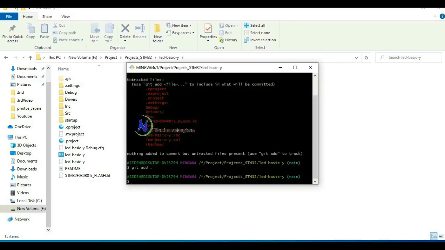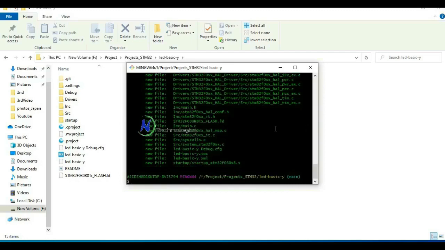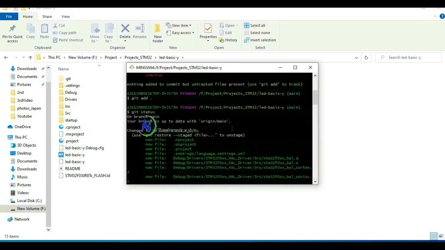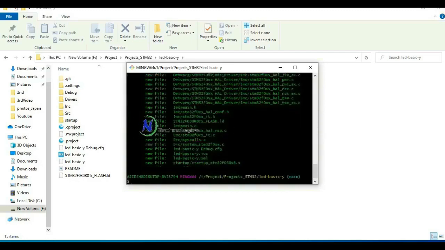Okay, so our files are added to the main branch, so we can see the status again. Now these are all in green color. That means we added these files to our repo. Then we can do a commit with git commit and a message. We can give a message also.